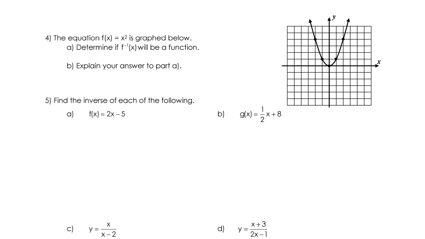So remember, we're looking for the original to pass the horizontal line test, and it's not going to pass. Okay, a horizontal line will hit that graph in 2 spots. And so we were going to go ahead and say, determine if the inverse will be a function. I think our prediction is no. It will not be a function. Okay, because right now this one has y values